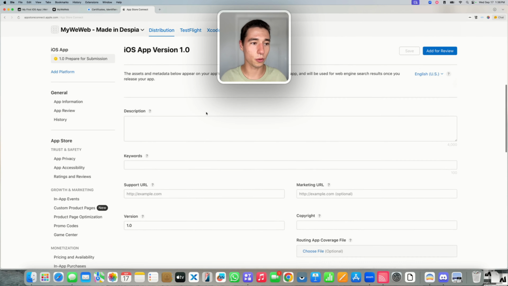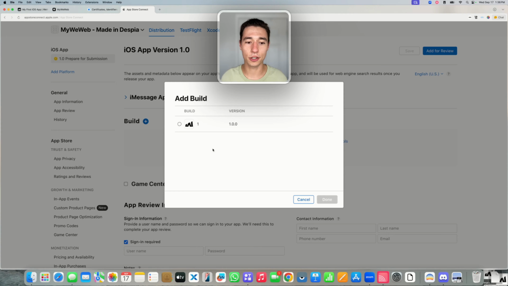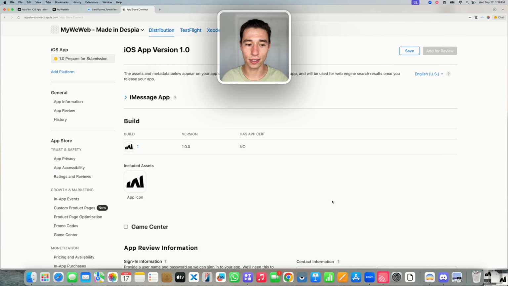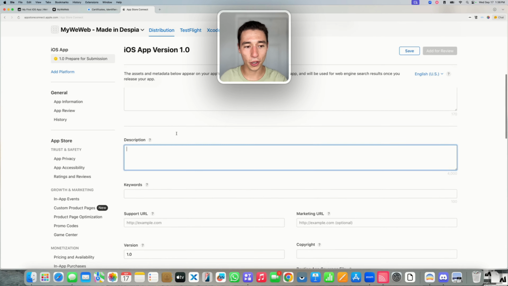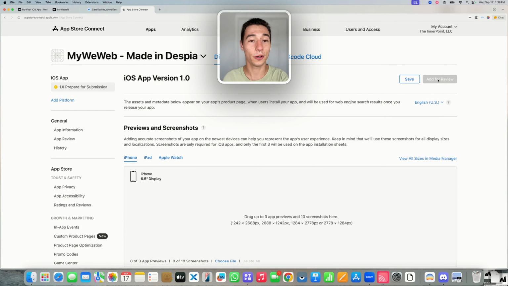You can then go to prepare for submission. You will go to build, add your build, select your application, done. You will then fill out all the marketing materials here, the promotional text, your nice screenshots. Go to add for review. It will submit it to app review. And most of the time it will be rejected because you did some